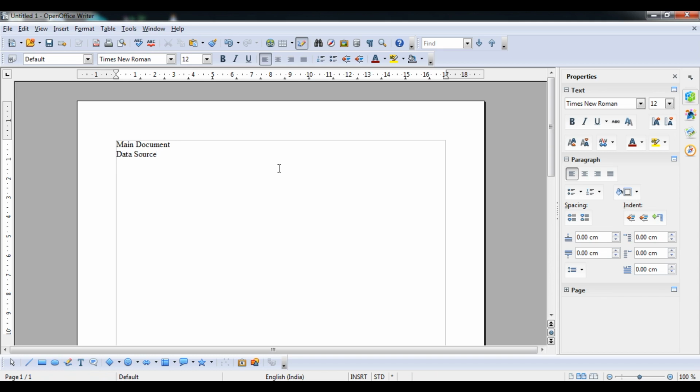Okay student, these two important things are needed when we are going to implement the mail merge. The main document is where our content will be placed, like a letter. The data source means a list of the friends to whom you want to send the letter, in the form of print format or mail format. So first of all I will cover this, student.